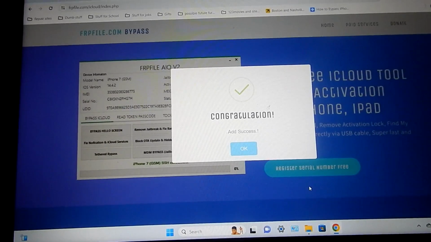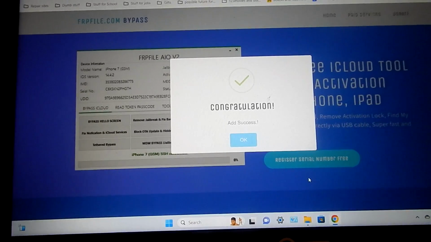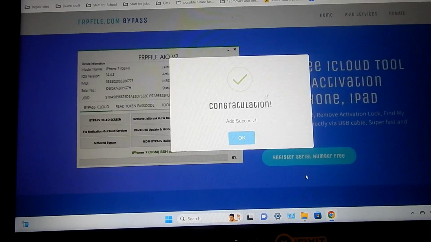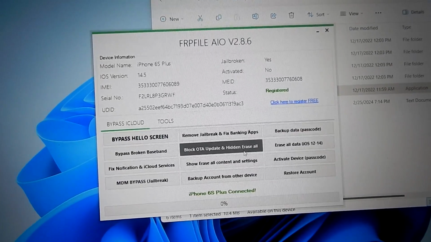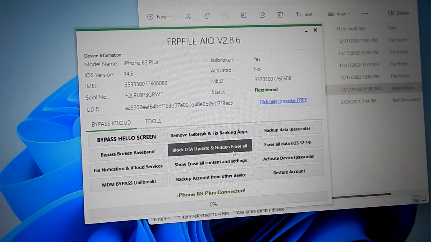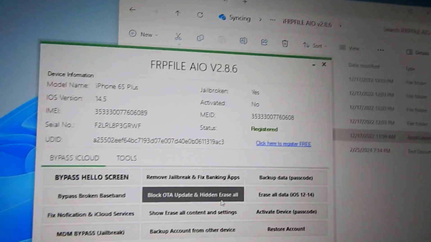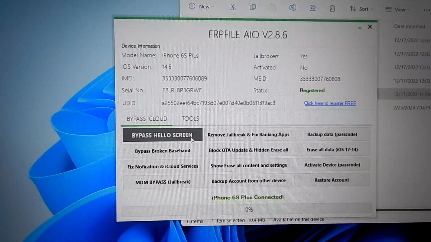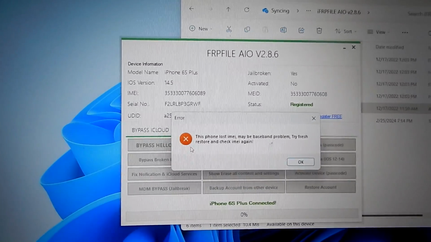From here, we are going to unplug our phone, close FRPfile AIO, plug back in our phone, and then reopen the software. Now that our software is open again, we can see that the phone is now registered, and what you're going to want to do here is go to bypass hello screen and then click on that. When that happens,